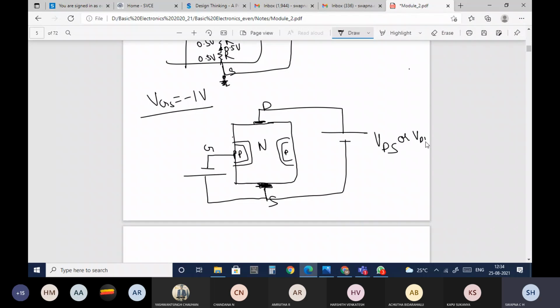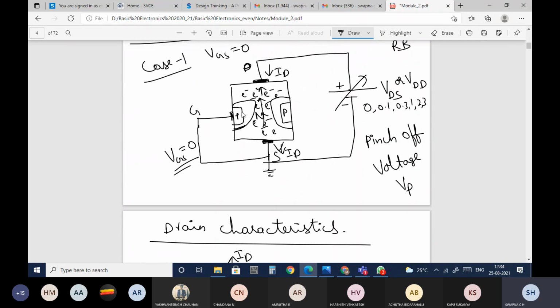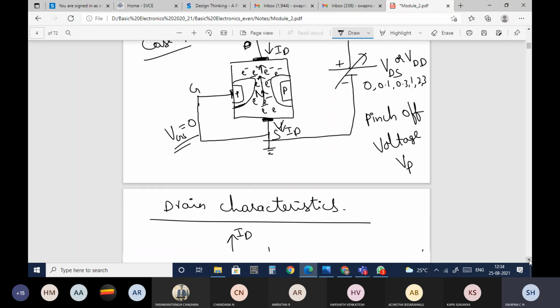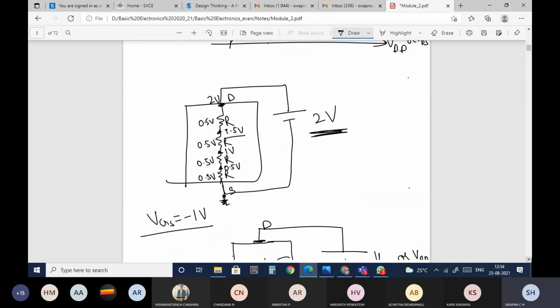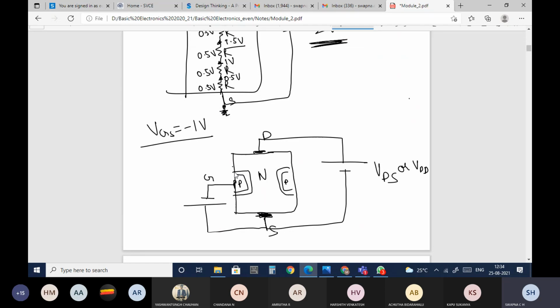If you observe, P is connected to negative and N is connected to positive, so reverse biasing will be there. In case 2, the depletion region will be more when compared with VGS equal to 0.